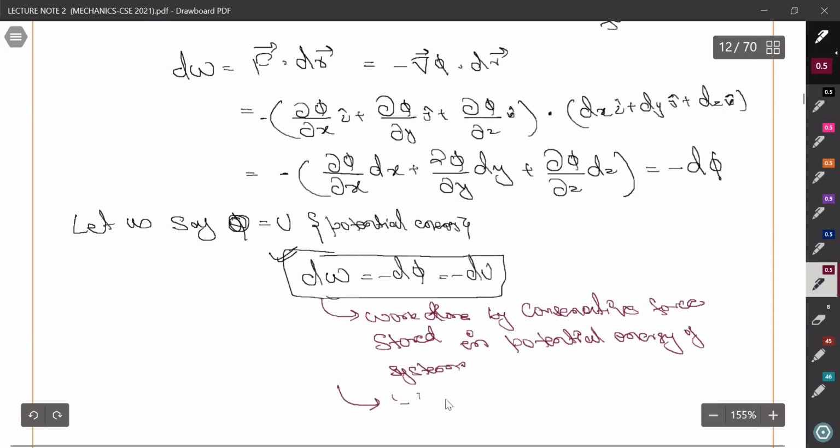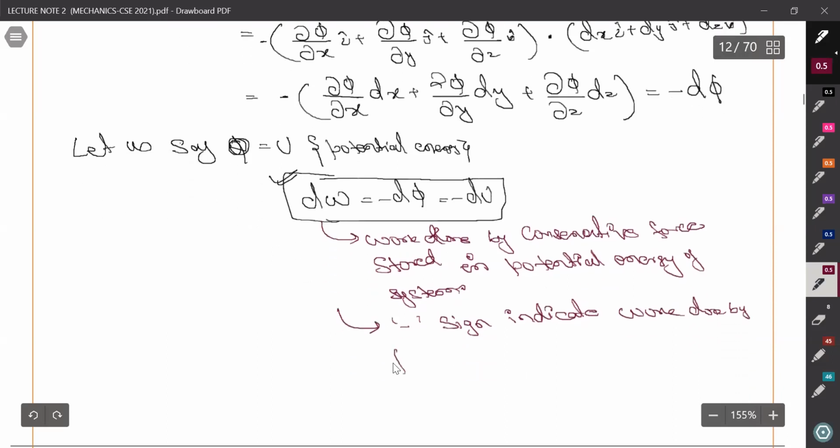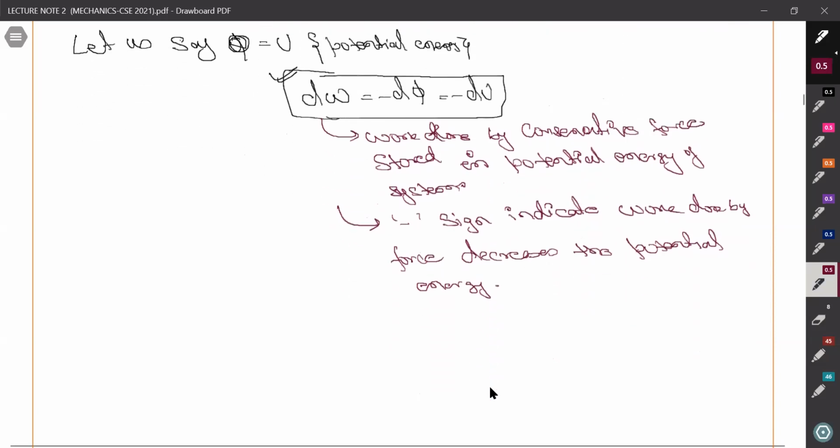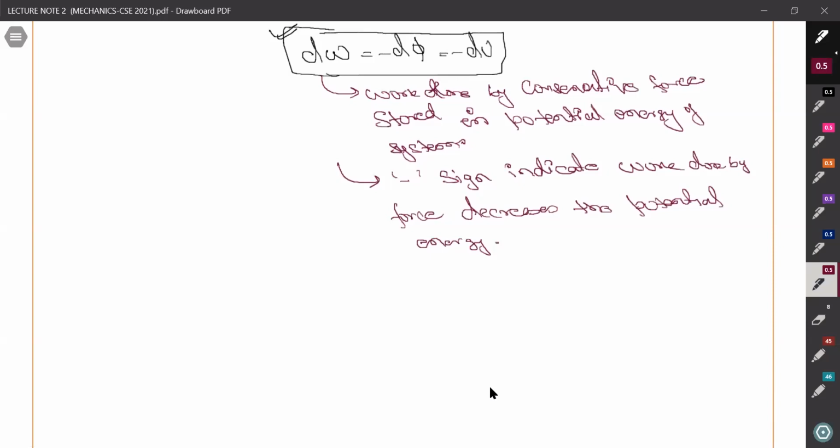Also, what does the negative sign indicate? The negative sign indicates that work done by the force decreases the potential energy. So we will come to the potential energy curve later also. Okay, so this is it for now for potential energy. We will see it in atomic attraction. Okay, we will see some more cases also, but first we should